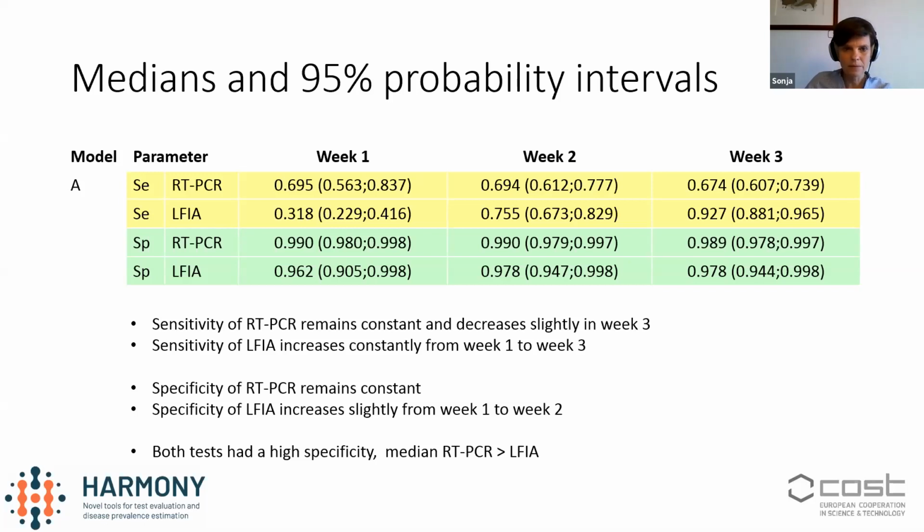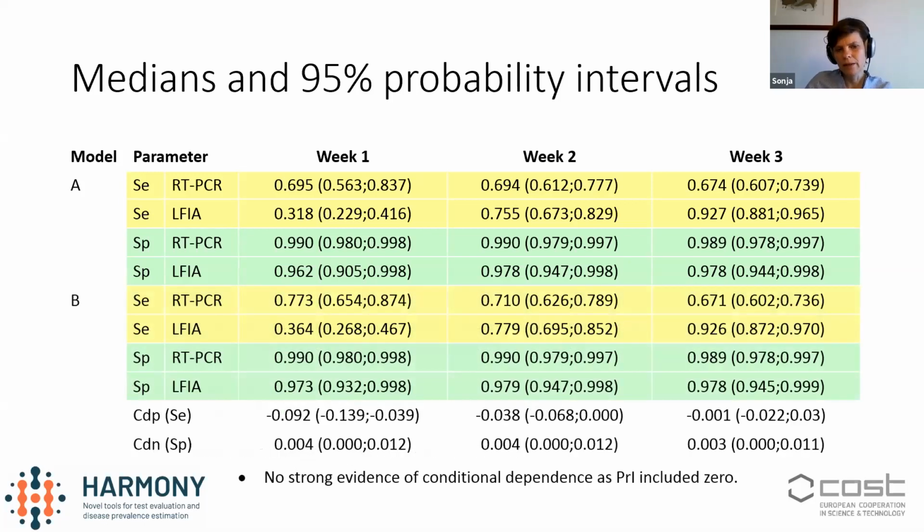And when we consider another model with conditional dependencies, the estimates change a little bit, they're slightly increased. And when we look below to the rows with CDP and CDN, this indicates the conditional dependencies between the sensitivities or the specificities. Most of them include the 0. So this would say that there's not a strong evidence of conditional dependence in this case here,